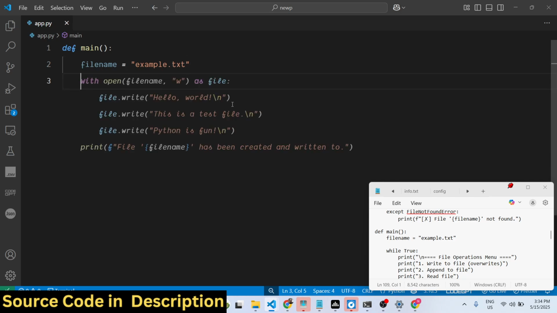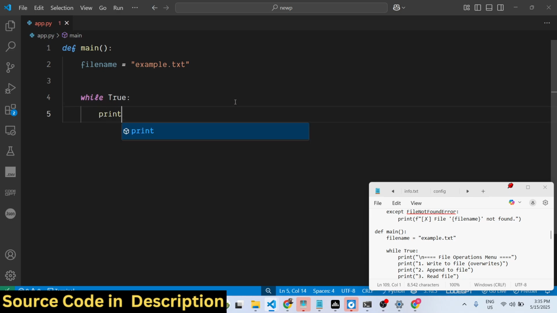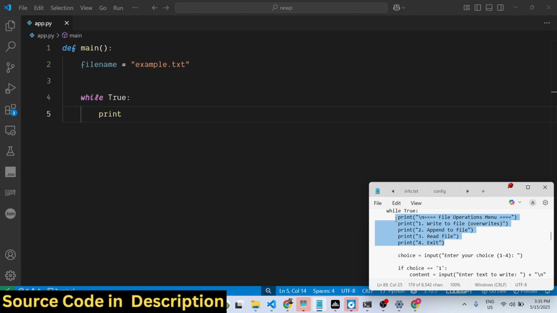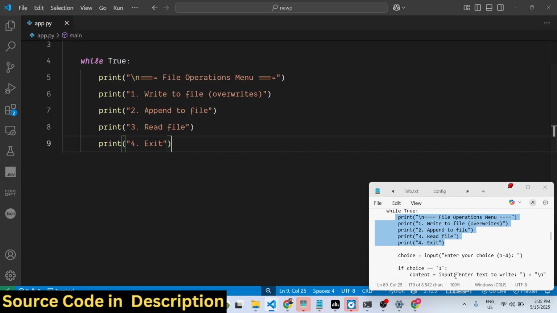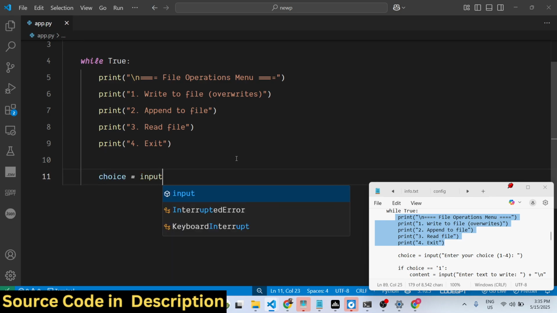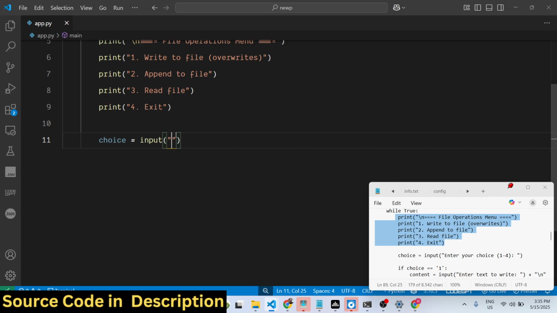You can see the file name, and then we are simply running a while loop to show the options to the user. So we have 4 options. It's the menu of this application. The user can select 1, 2, 3, or 4 depending upon their choice, and then we take the user input by using the input function. Here we will ask the user to enter your choice from 1 to 4, and the user will enter their choice, and here we will compare it in an if condition,